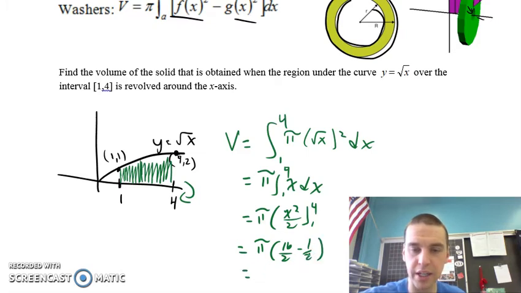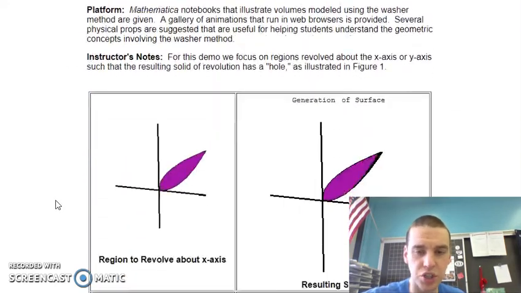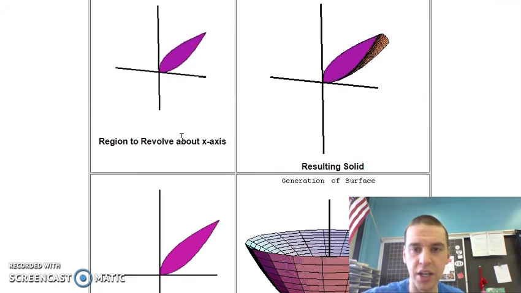We're going to get 8 minus 1 half, which is 7 halves. So you're going to get 15 halves pi is the volume. Now, one thing I did want to show you was this idea of this curve, and I wanted to show you a three-dimensional